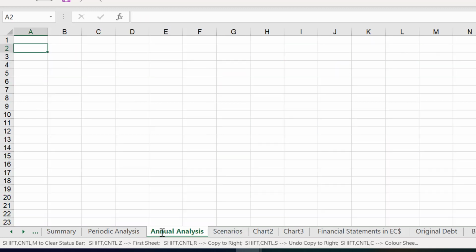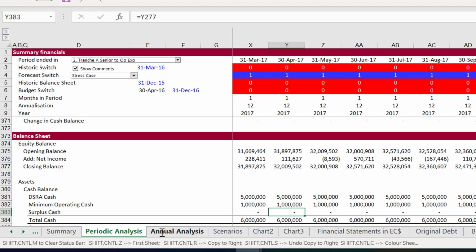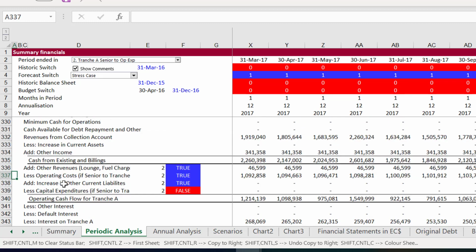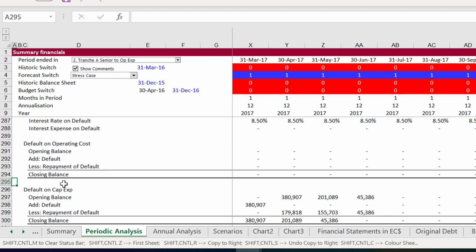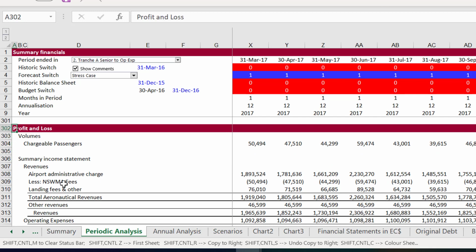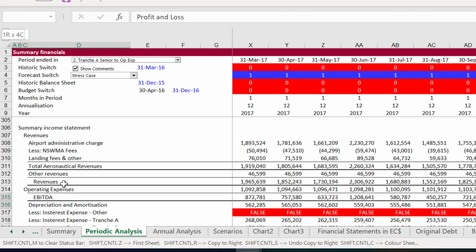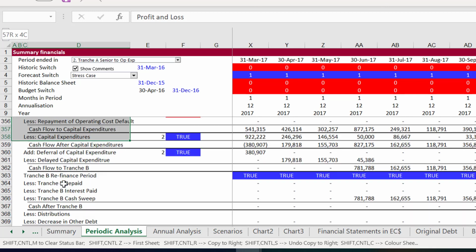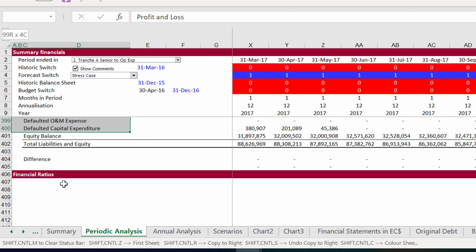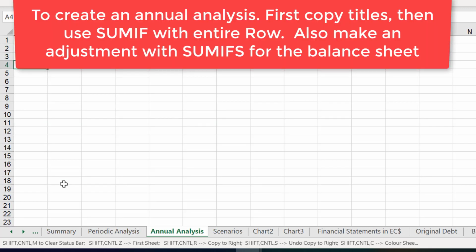Okay, and so here's how we do this. I'm going to take the titles and I'm not going to put all of the stuff in. I'll just start with the profit and loss, and we'll take all of the titles we did all the way through the balance sheet. Now I should talk to you just about the balance sheet for a minute, because you know that there's